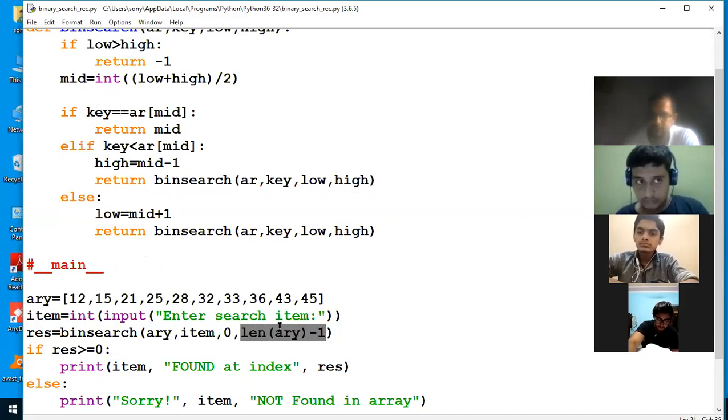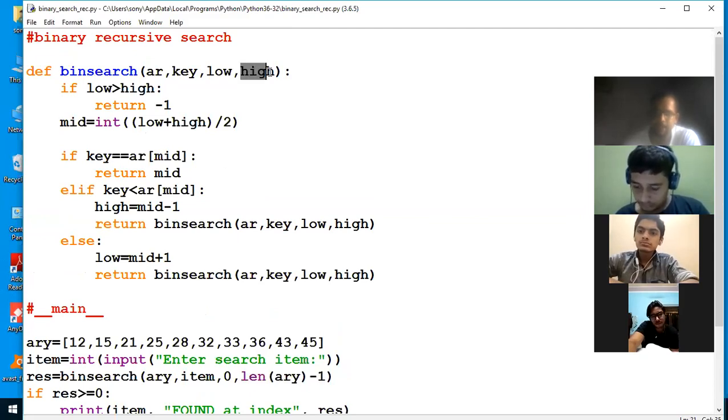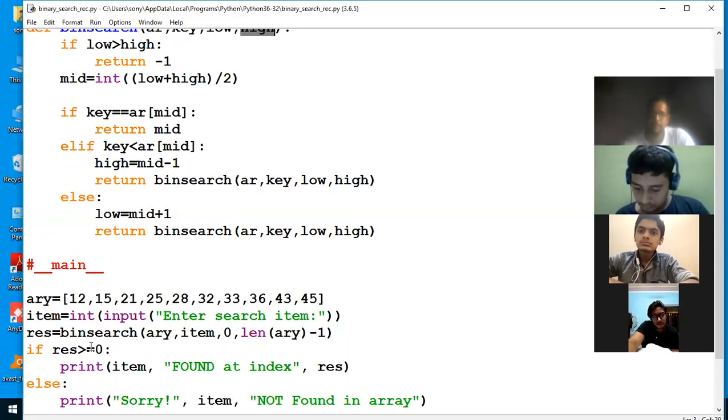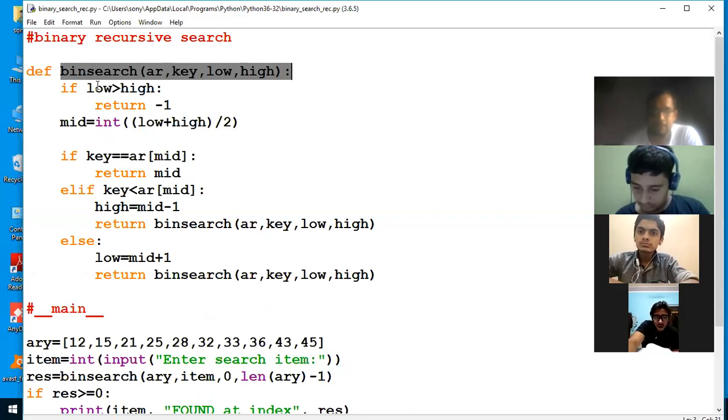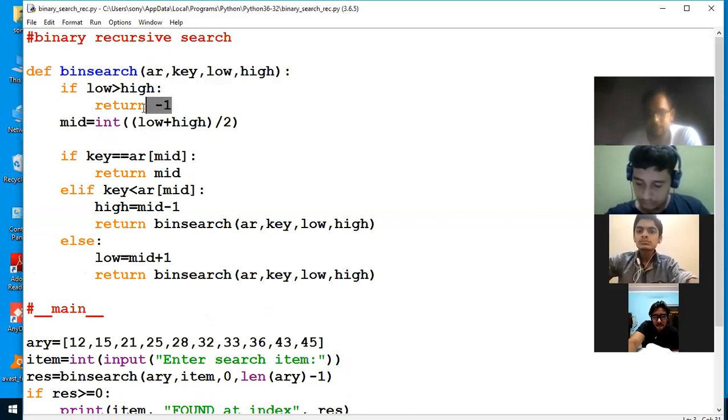Is it clear? This is passed here in the value of high. After that, this calling part goes to the called function and compares. If the value of low is greater than high, then it returns minus 1.